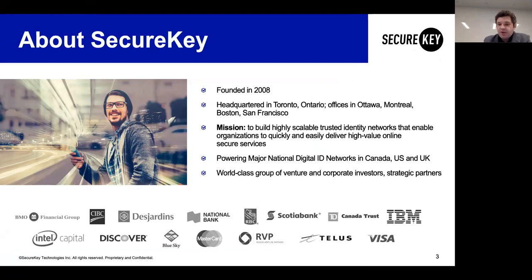What we do is build identity networks that enable people to exchange identity attributes online. We have a network in Canada, and we're building networks in other jurisdictions as well. We're backed by quite a few investors and strategic partners: pretty much every major bank in Canada, some credit unions, some telcos, IBM, and credit card companies.